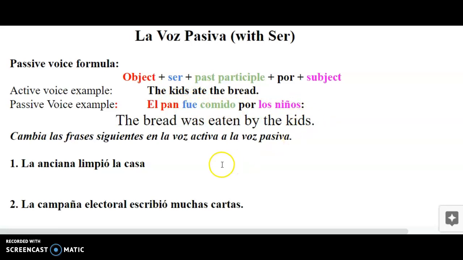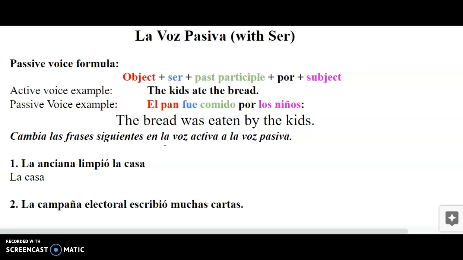All right, so let's try one here. What I've given you here is several active voice sentences in Spanish, and I'd like you to convert them to passive voice. So this says, la anciana limpió la casa. So the old lady cleaned the house. So what you want to say is the house was cleaned by the old lady. So if we follow the formula, we'll start with the object. So we'll say la casa,